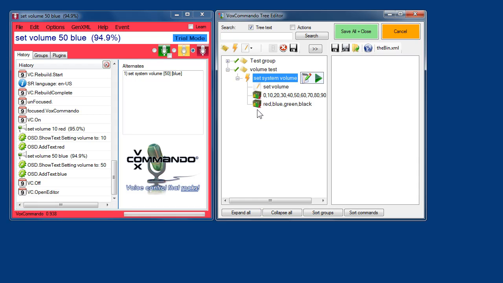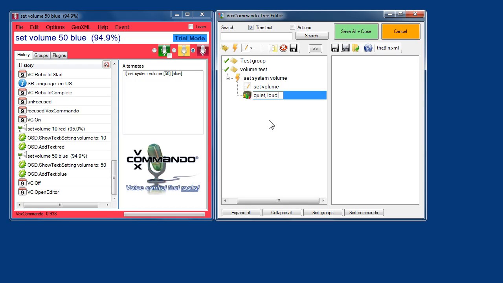Okay, so that's working great. Now, what if you don't want to use numbers at all? What if you want to be able to use more natural language? Maybe you're setting the volume on your amp and you just want a range of values, maybe from 0 to 50. How would we do that? If I wanted to say set volume quiet, it's easy enough for us to use a payload list